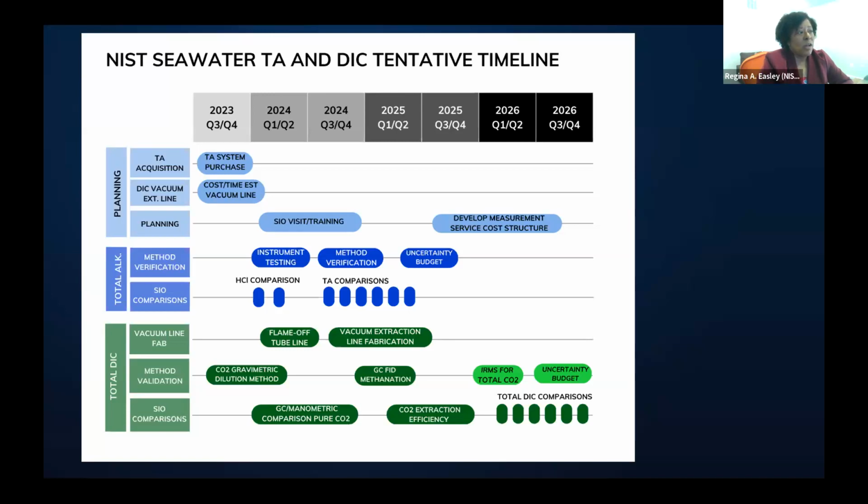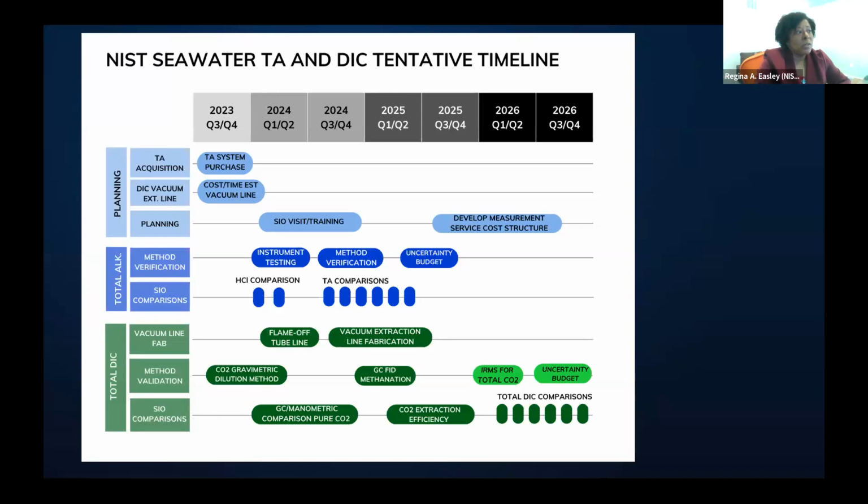We will then work on the vacuum extraction line. For Kimberly, the first step in her process is purifying a sample of CO2. That sample is concentrated. One of the challenges in introducing that sample to the GC is it actually has to be gravimetrically diluted in order to optimize the signal for the GC. And so the first part of the method validation will involve the gravimetric dilution that is needed for that CO2